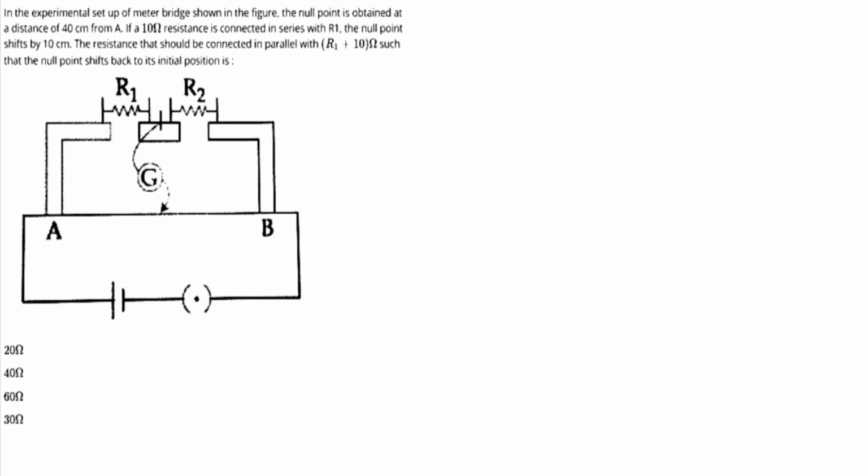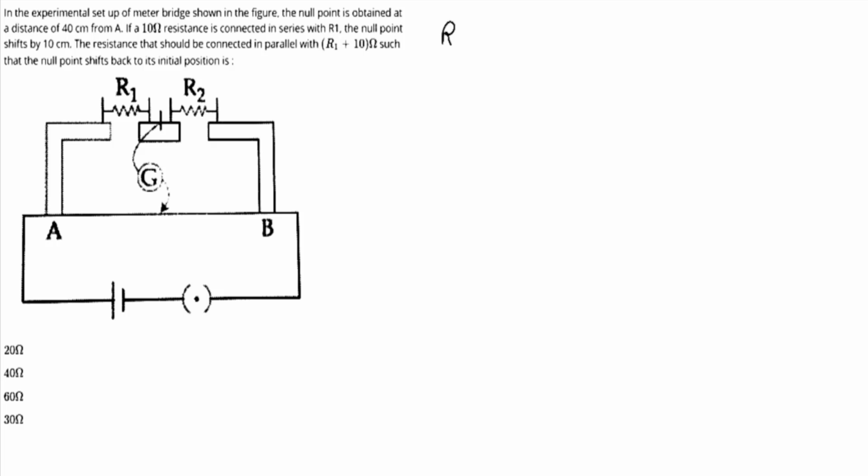The resistance that should be connected in parallel with R1 plus 10 ohm such that the null point shifts back to its initial position. So in this question we are given,